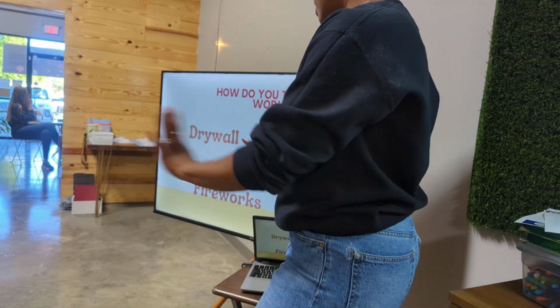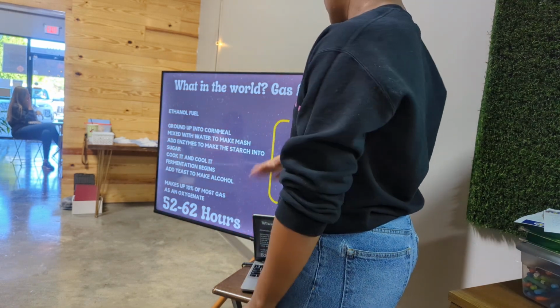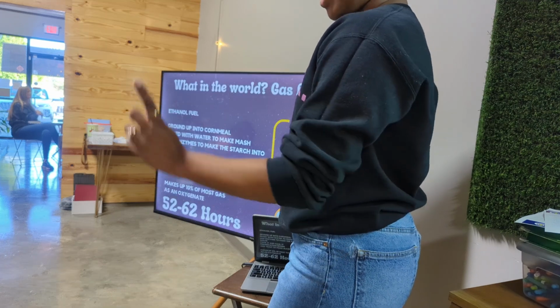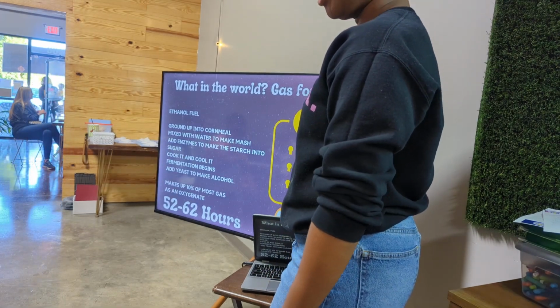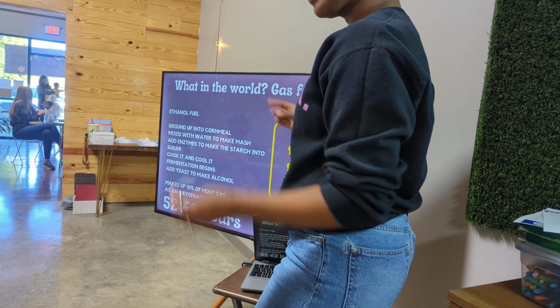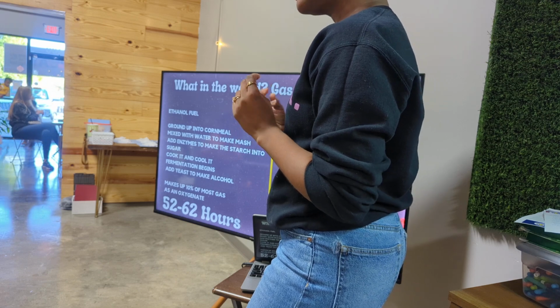All right, so those are the things in our lives that are made with corn. This is some big stuff here, okay? There are some key words as well, all right? Enzymes, okay. Fermentation and oxygenate, okay? So an enzyme is something that quickens the process. There are lots of enzymes in our bodies, like if we want to